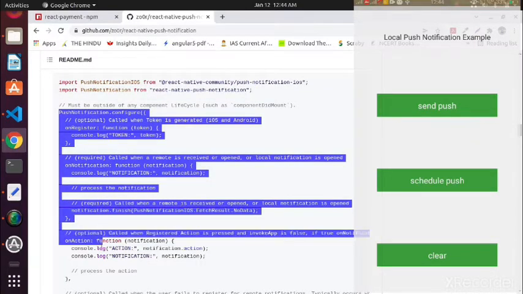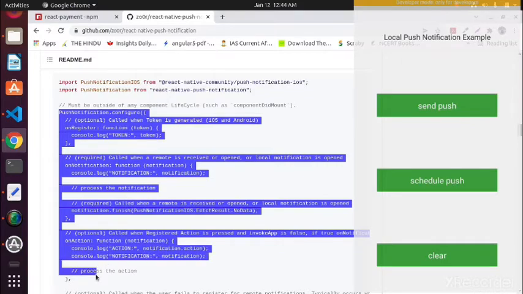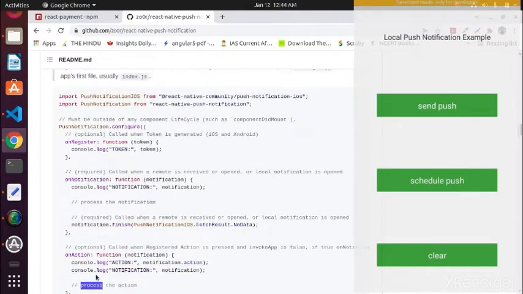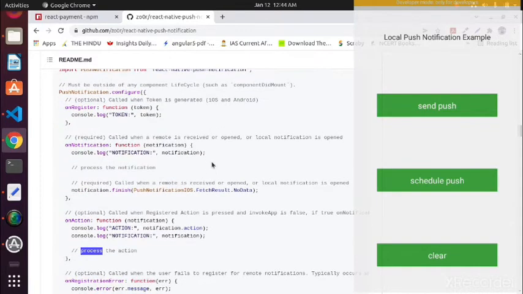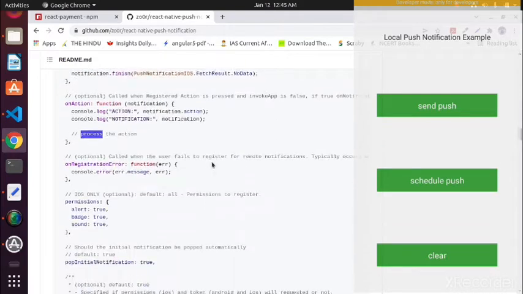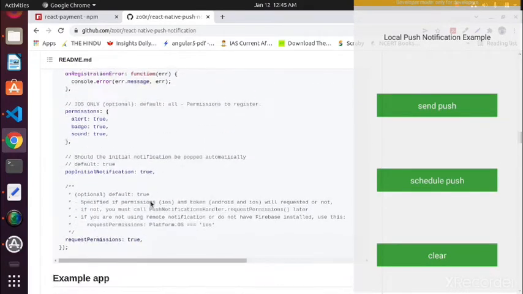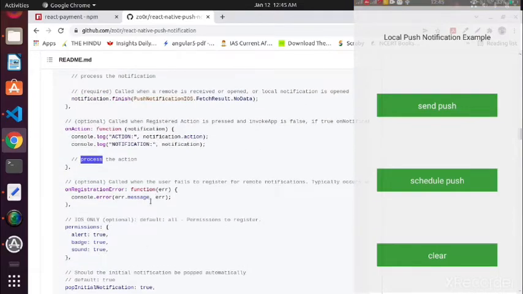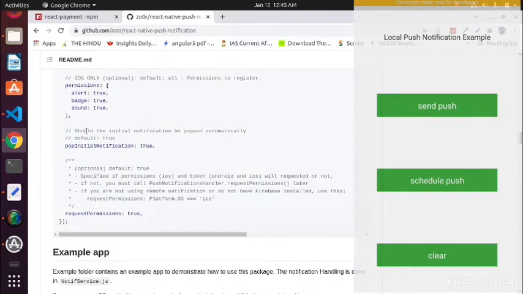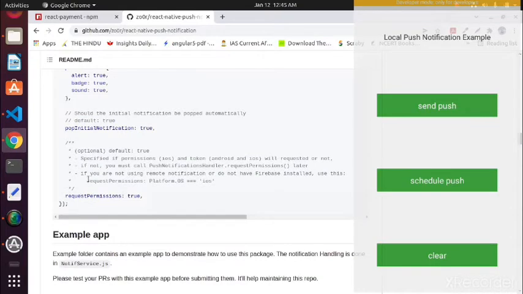Here they have mentioned that it must be outside of the component lifecycle. So you don't have to put it in componentDidMount or anything. It is definitely going to cause an issue, so you don't have to do that. The best place to do it is in your index.js file, that would be better. However, for the example, I just used app.js. So we basically copied this. Make sure you definitely uncomment this thing if you are not using iOS.